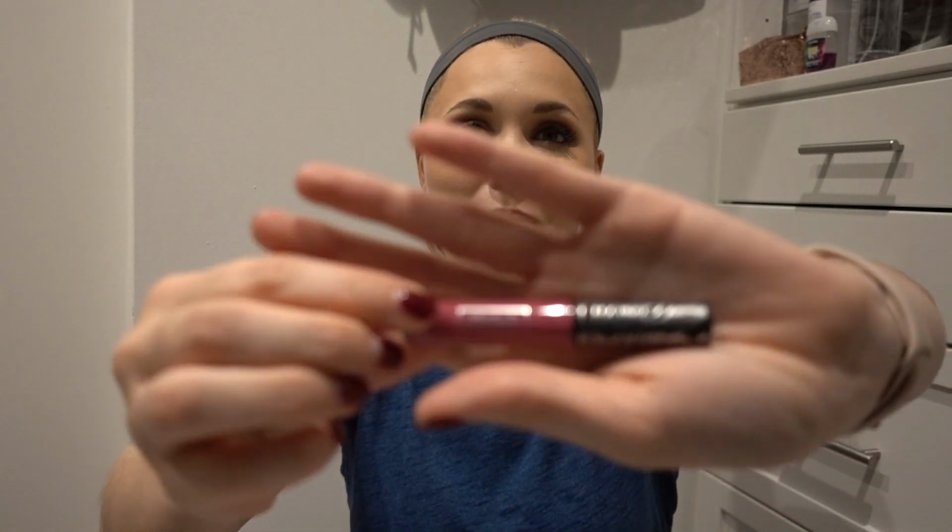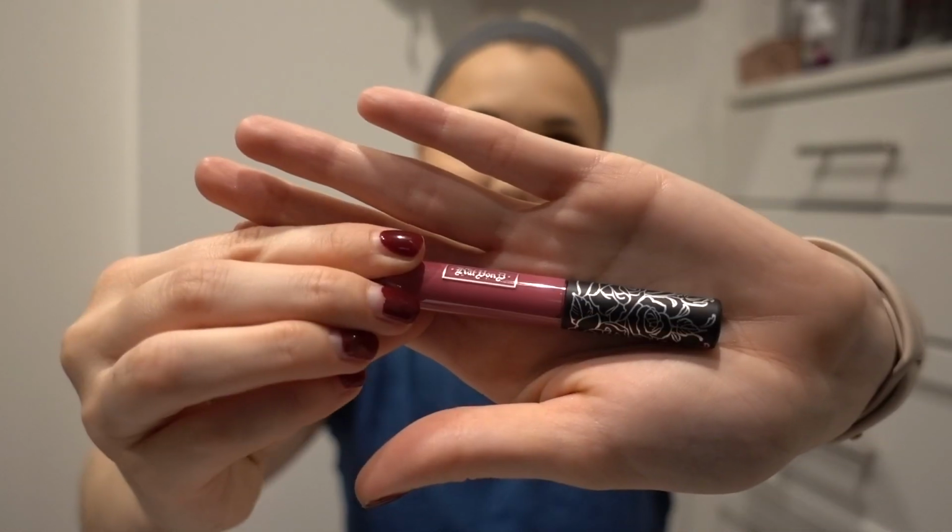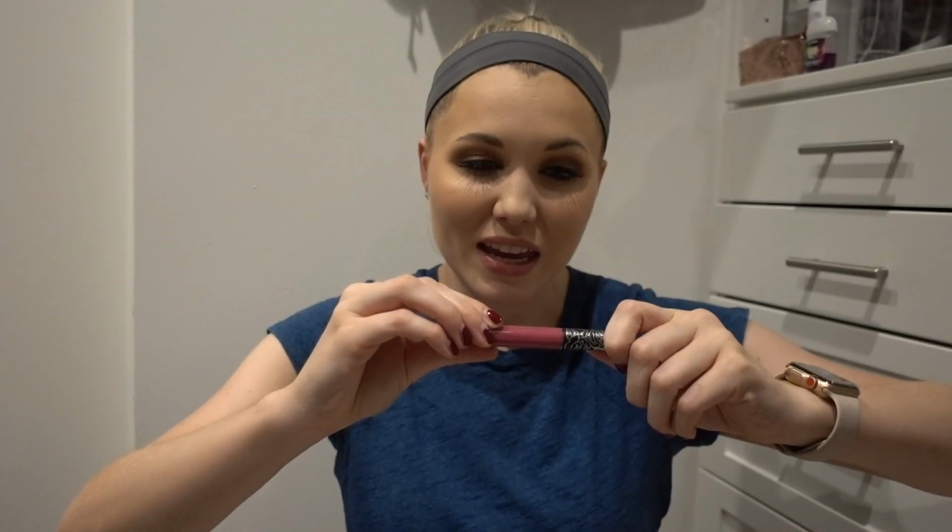This is Kat Von D liquid lipstick in the shade Mother. This is a beautiful, warm pink mauve. This is a great color. I really, really love this color. So out of all of those bold lips, I only wore 2 of them, and I really didn't need to